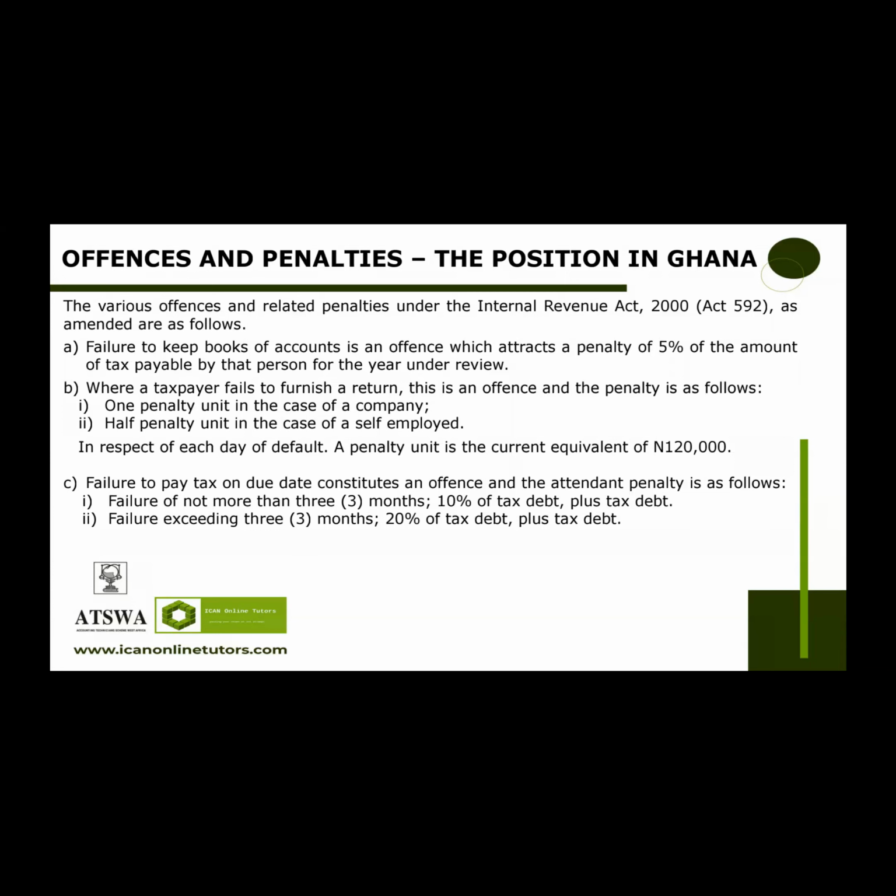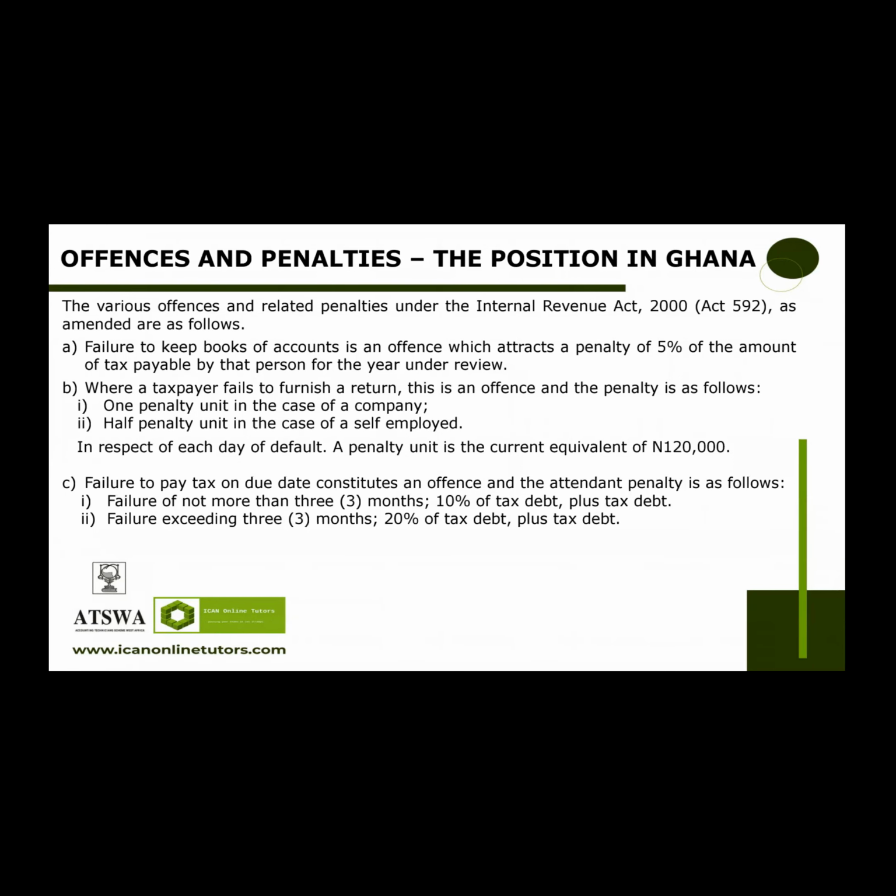For failure to withhold tax, where a person fails to withhold tax as prescribed under the Act, that person commits an offense, and the penalty is personal liability to pay to the Commissioner the tax due but not withheld. Failure to pay tax, where the amount involved exceeds 100 currency points: a fine of not less than 12.5 penalty units and not more than 100 penalty units, or imprisonment for a term of not less than 3 months and not more than 1 year, or both. In any other case, a fine of not less than 5 penalty units and not more than 25 penalty units, or imprisonment for a term of not less than 1 month and not more than 3 months, or both.